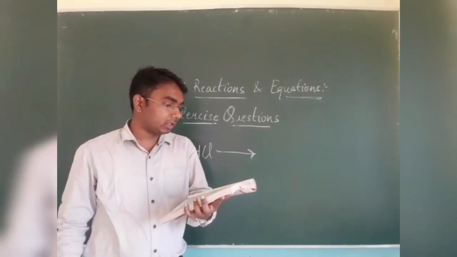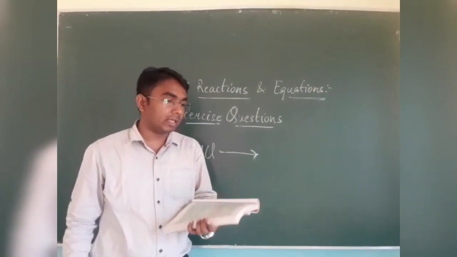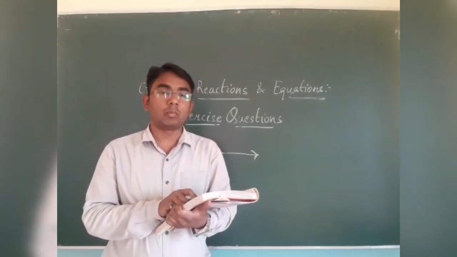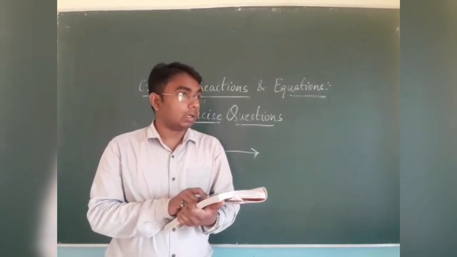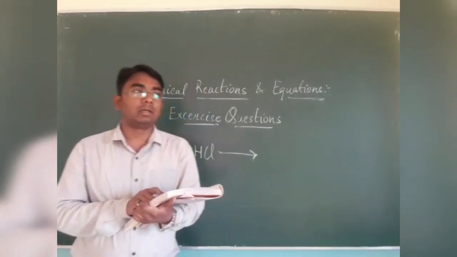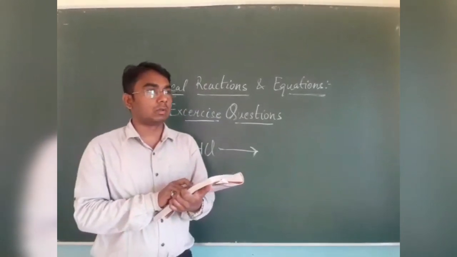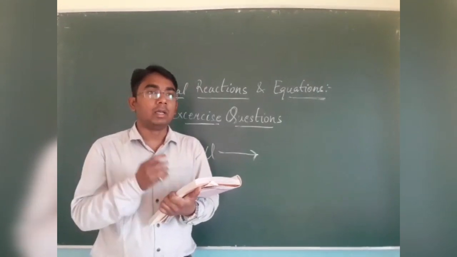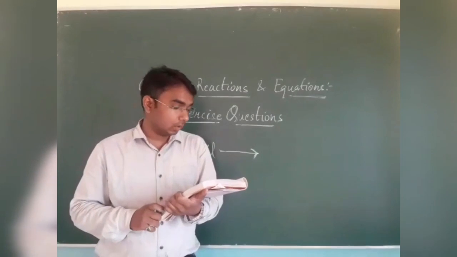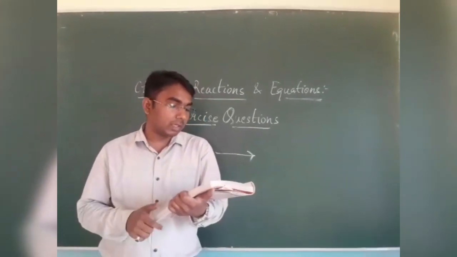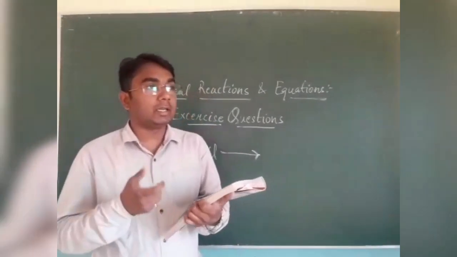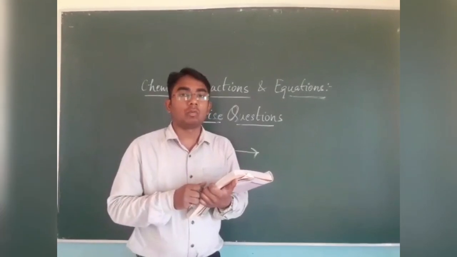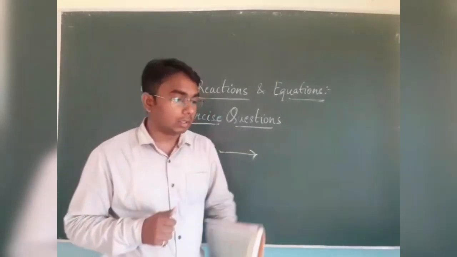Coming to the fifth, translate the following statements into chemical equations and then balance them. This is one of the very important questions for class 10th level, because up to class 9th you learned to write the formulas for different ionic or covalent compounds, but now you will learn how to write a chemical equation for a given chemical change. So the very first is hydrogen gas combined with nitrogen to form ammonia. Before writing a chemical equation you need to know the respective formulas, because without knowing the formulas of the given compounds you can't write the chemical equation.